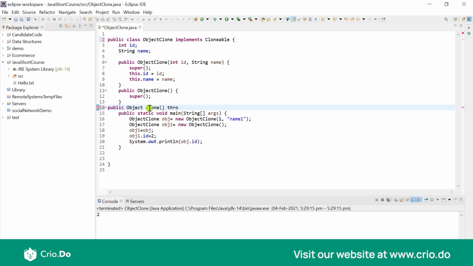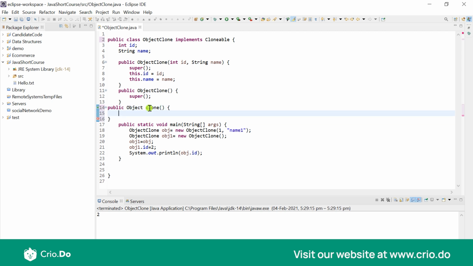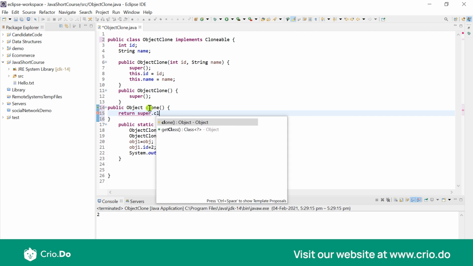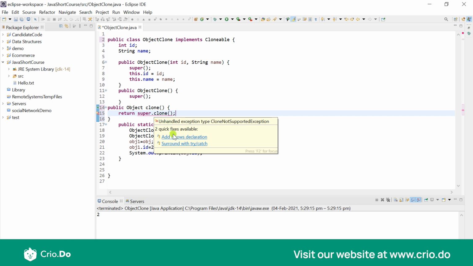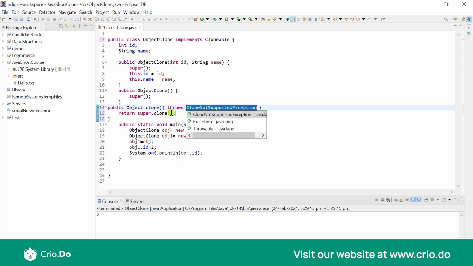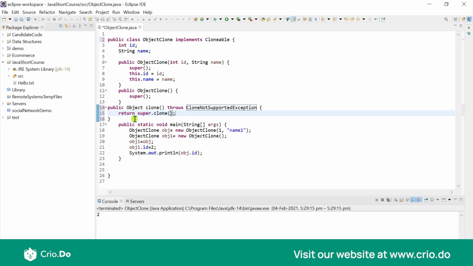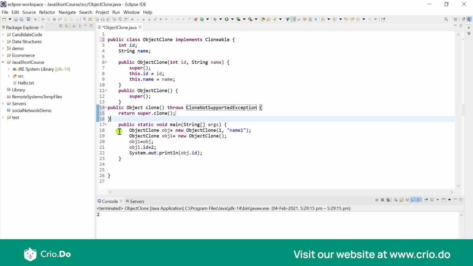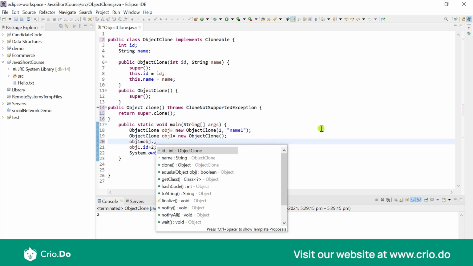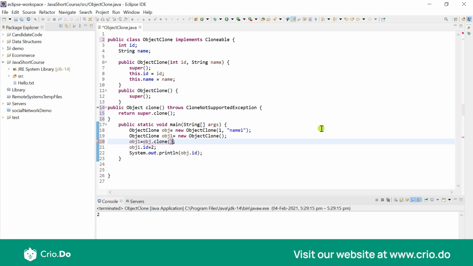Let me first type in what I want to do over here. So this is simply going to return super.clone, and this is going to call the clone method of super. Now here it's saying you should add a throws declaration, because this may throw a clone not supported exception just in case it's not supported. So this is something which we would add over here. But now we do have this clone method implemented in this object clone class, and now I can use this particular clone method to call with this particular new object which we created. So I would call the clone method, and now